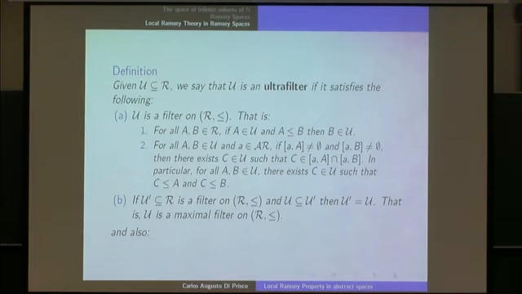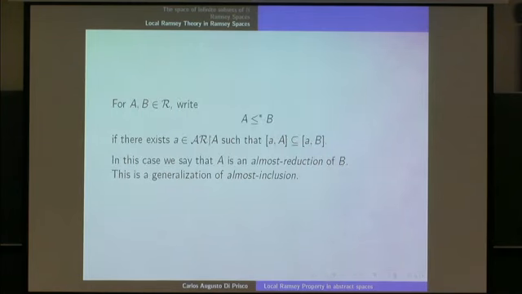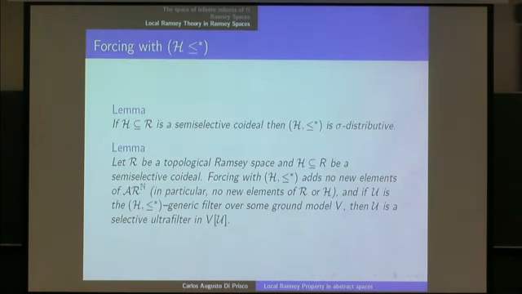maximality property. And then we also add the relativized versions of these two axioms to make it a coideal. So an ultrafilter, in this sense, is always a coideal. And with this almost reduction property, which corresponds to almost containment in the sense of our order relation, then we can show that if we use this